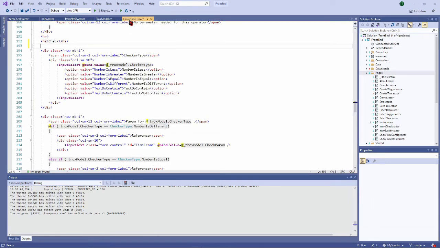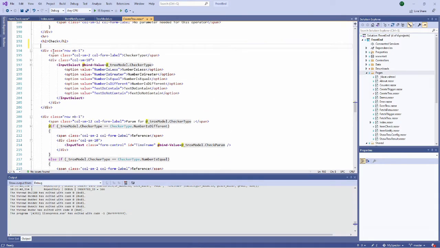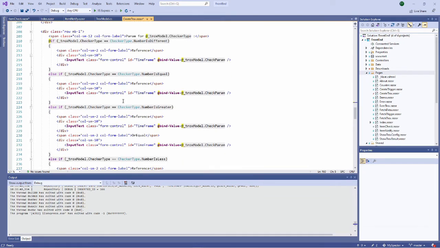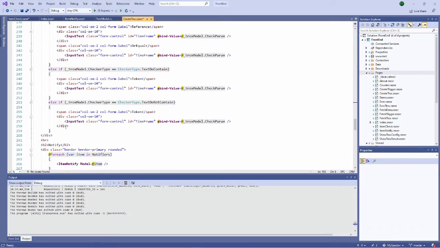Then I come back to the creatrux and I look at the beginning and the end of the component. So the check should start here. And here you see the else if checker type, and here you see how the parameters are populated. Else if. And here there is a div.